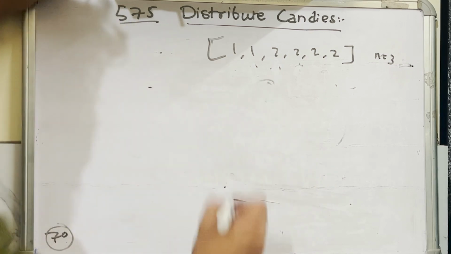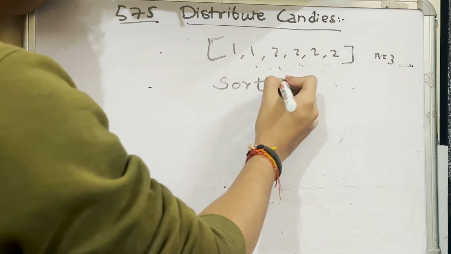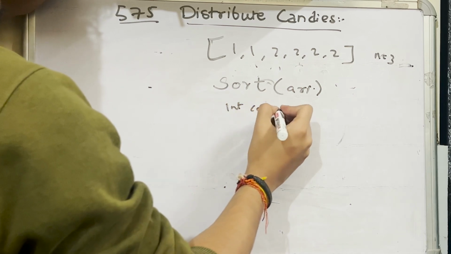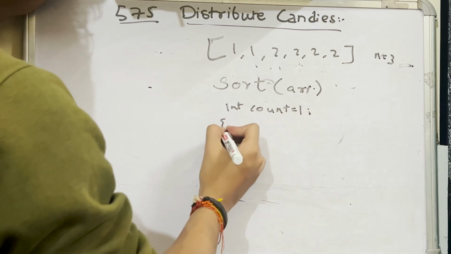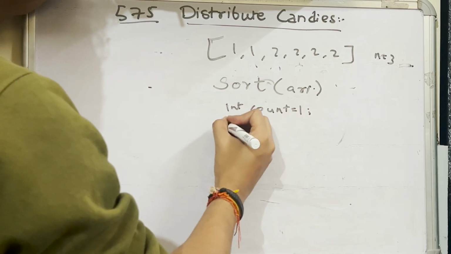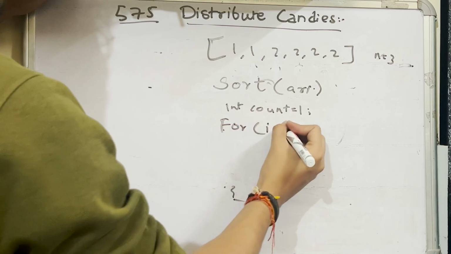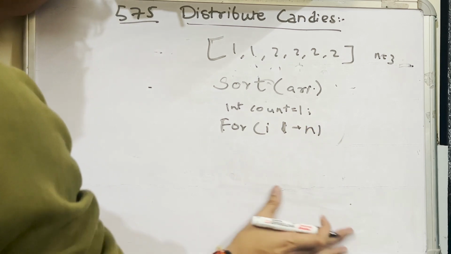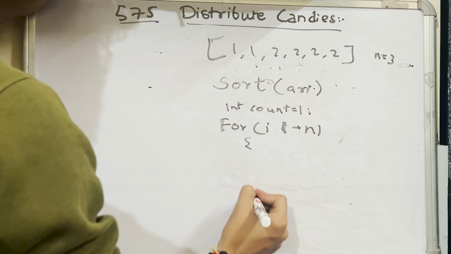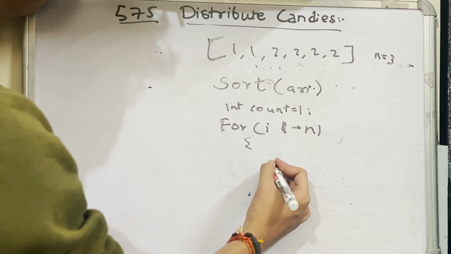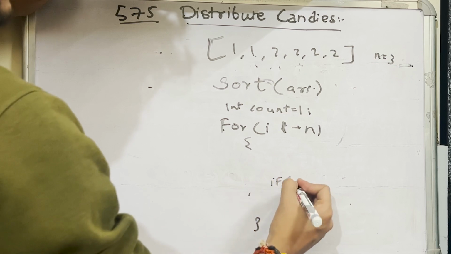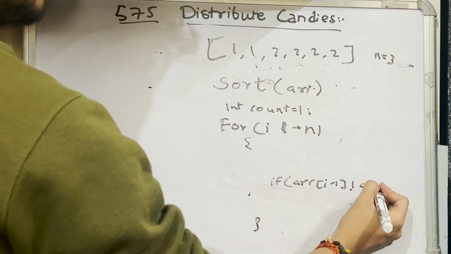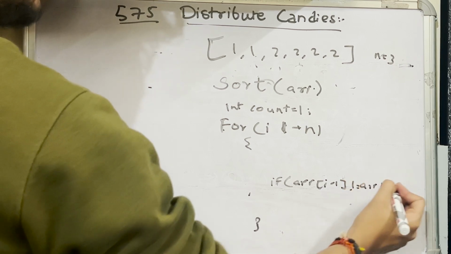You just need to simply sort the array. Then you initialize count equals to 1. And in a for loop, you create I from 1 to n, as I told. And what we will do is check if array of I minus 1 is not equal to array of I, then